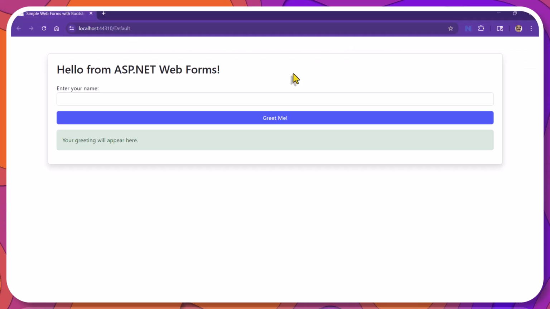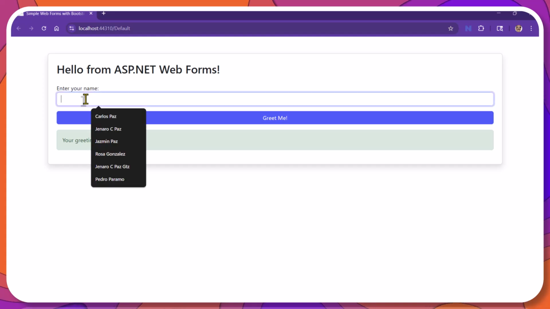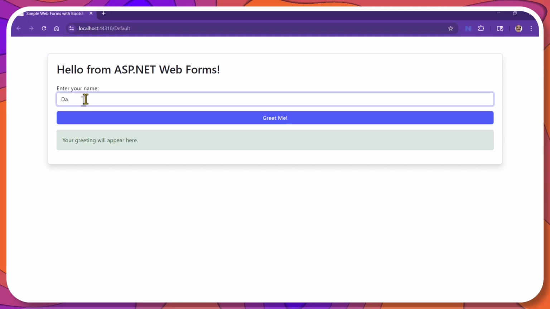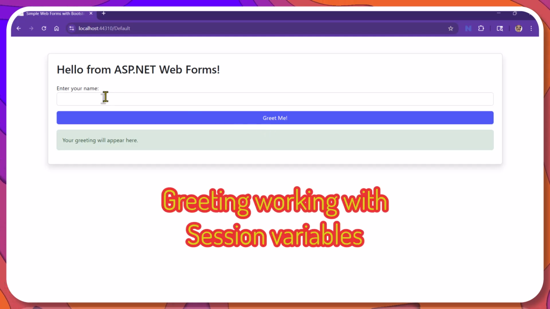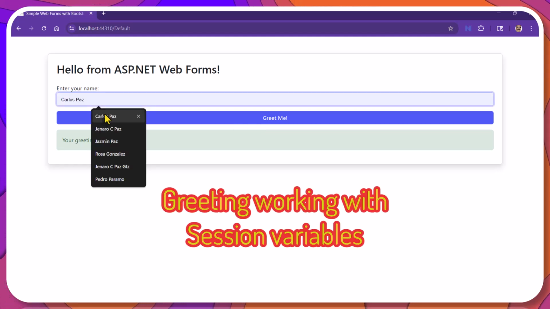Let's run the app one more time. In this part, the application is running using session variables.